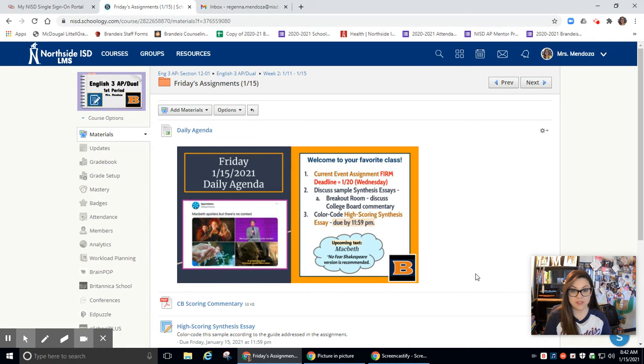As I was talking about this week, we are starting Macbeth next week, and this is the No Fear Shakespeare version that I got. When you open it up, you'll see one side is all of the Shakespeare and the other side is all in modern translation. That is the one we're going to be using online next week.